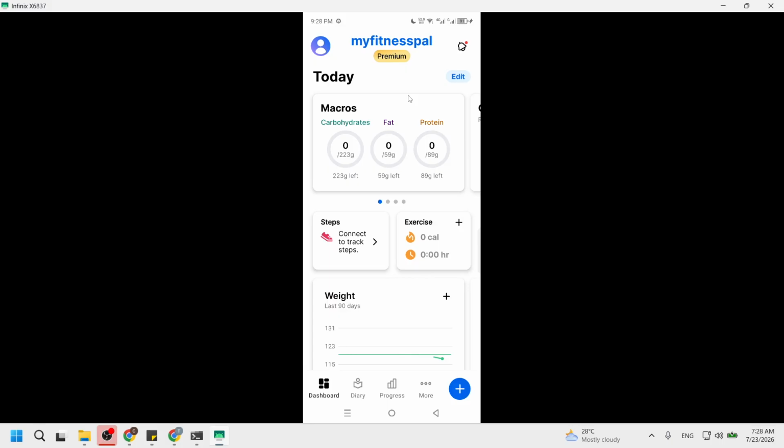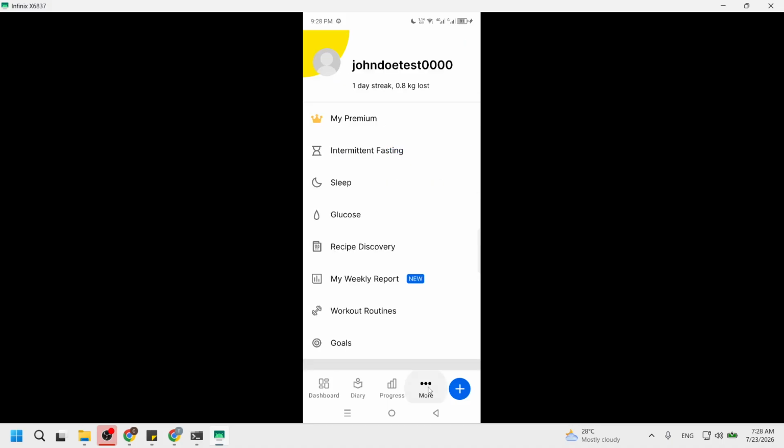Next, tap the More menu button, which is represented by three dots located in the bottom right-hand corner of the screen. When you tap this button, a new menu will appear that offers several options related to your account and settings. This menu provides access to various features like food diary, friends, and goals. By knowing where to find this menu, you streamline your navigation through the app, making it easier to set your calorie goals. From there, select the Goals option from the list.